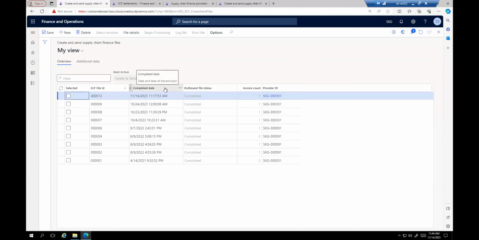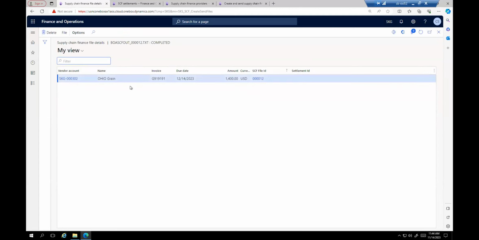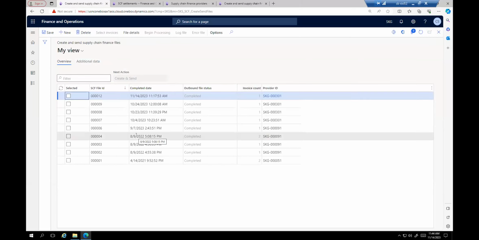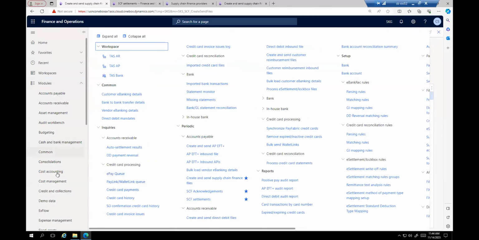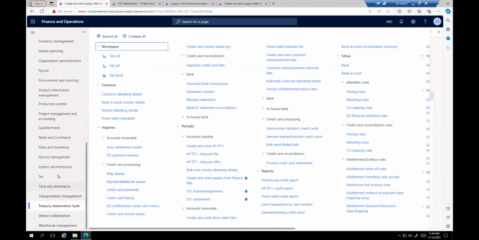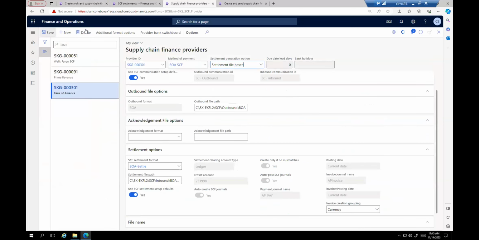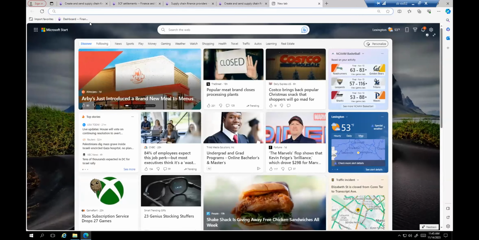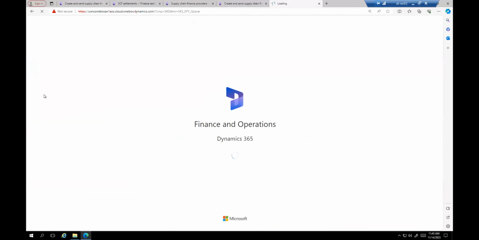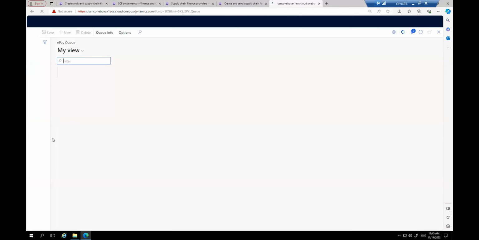Once we send these out, again, the payable at this point, in this case, it's Ohio Grain. So this payable would still be sitting with Ohio Grain. At some point, we're going to get to the due date, and the process is going to run. This batch process is going to run, and we'll try this again right now. I had that up and I accidentally closed it, so we'll run the batch process one more time. Let me actually save this here first, and then I'll run it one more time. Sorry about that. I accidentally closed this earlier. I had it ready to go.